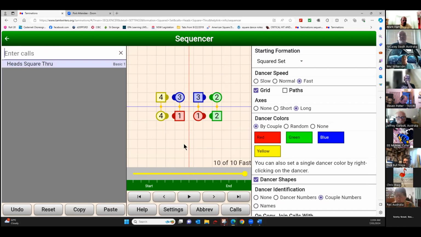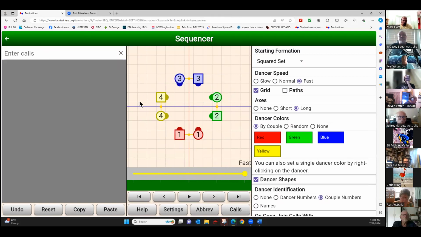In the center is your visual box. These are the dancers that you've got represented in a static square. They've got numbers, colors, and you can adjust all of those. And down here, I've got it set on fast, but you can have it at normal. And what this does is it will give you the count as per